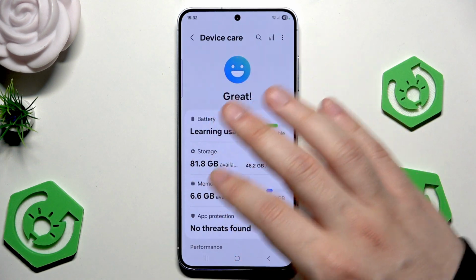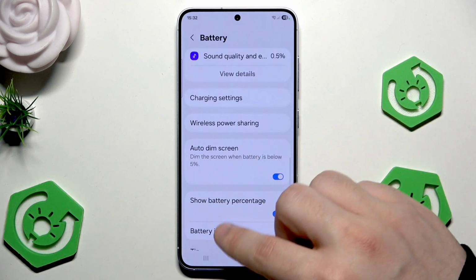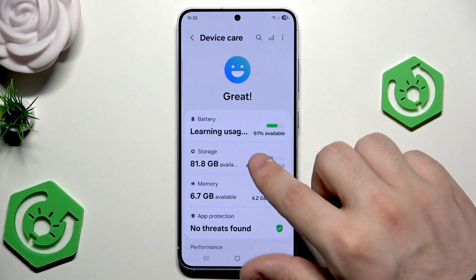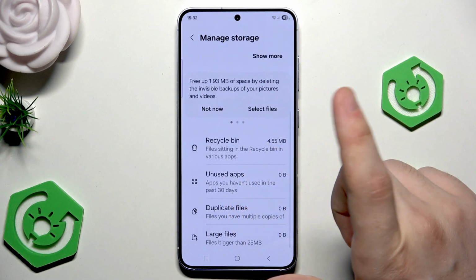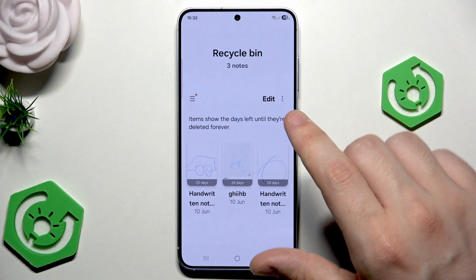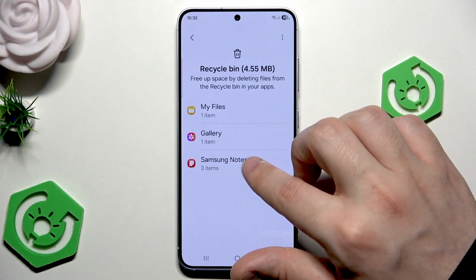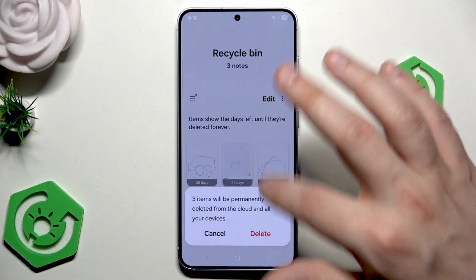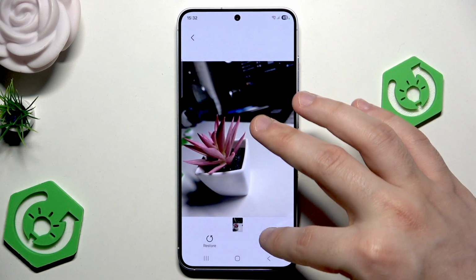And now we have the battery, and in here, as we scroll, sorry, not in here, my bad. And we can go into the storage, and we can see, do we have some things in the bin. We can simply empty the bin to get some free space. Boom. For example, from the gallery, we have some